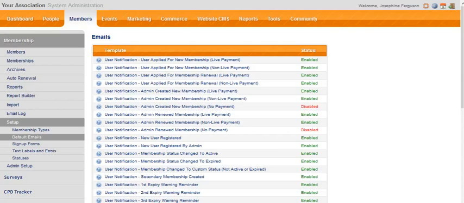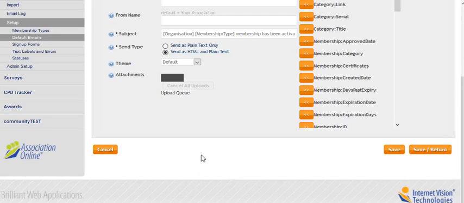So to edit an email in the membership module, click on Setup first of all, and then Default Emails, and that's where you'll see the list of all of your email templates. To edit one, all you need to do is click on the one that you want to edit. I'm going to choose the email that goes to the member called Membership Status Changed to Active. Okay, so